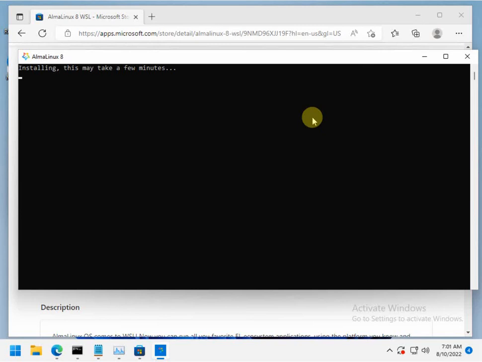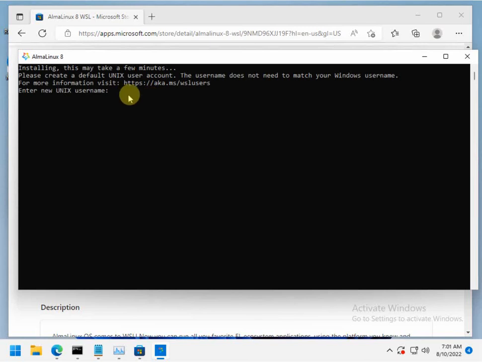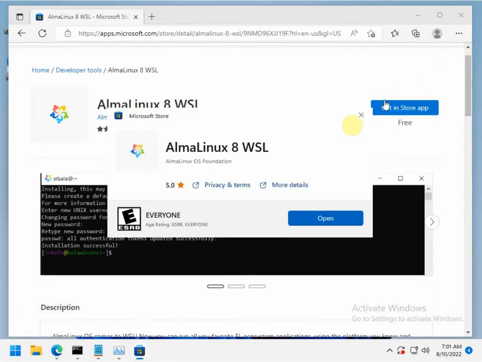So the install is in progress. I'm going to pause the video and come back. Okay, it's pretty quick. The reason is probably I already have previous install, so it's just pretty quick. Now you see, it says enter the Unix username password. I'm just going to quit this window because I'm going to just use the root. Okay, so I'm going to close this window